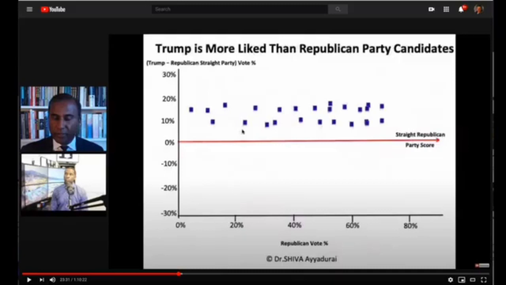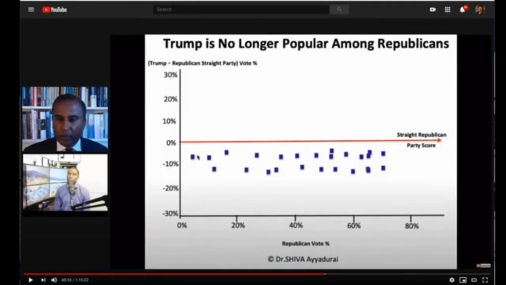So this is what the graph would look like if Donald Trump was more popular among independents and had pulled a lot of Democratic votes. Inversely, if Mitt Romney's case were true, that people have lost faith in Donald Trump, then Donald Trump would be underperforming among Republicans. In other words, the average Republican down the ticket vote is the red line, but blue dots below the red line would mean that Republicans are actually